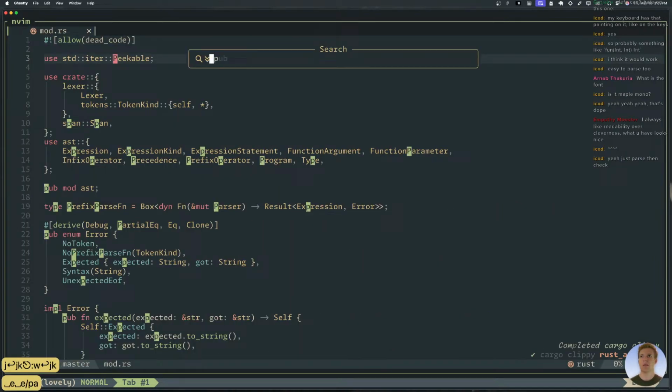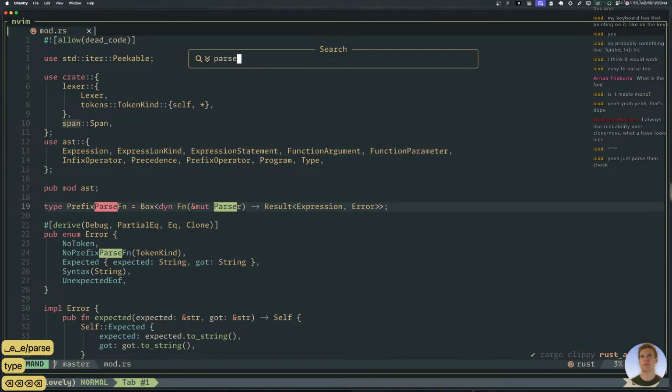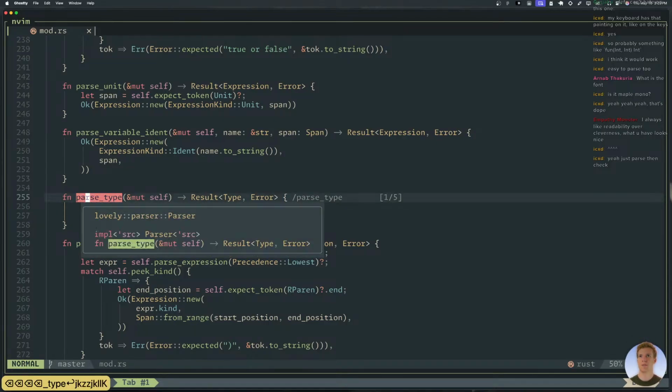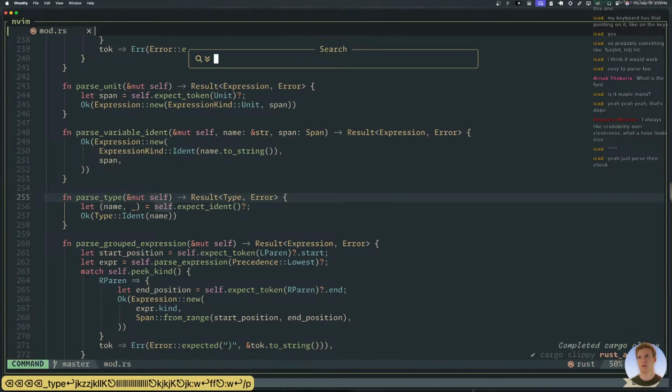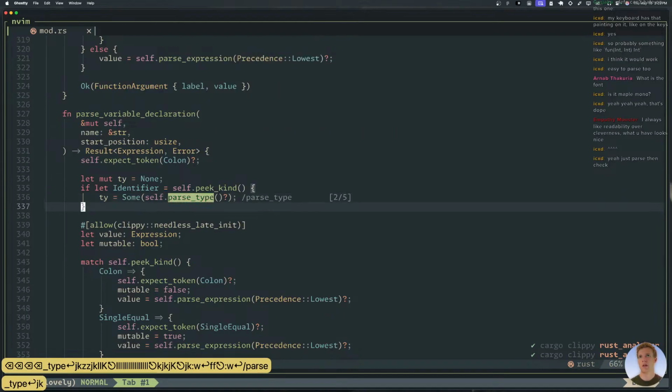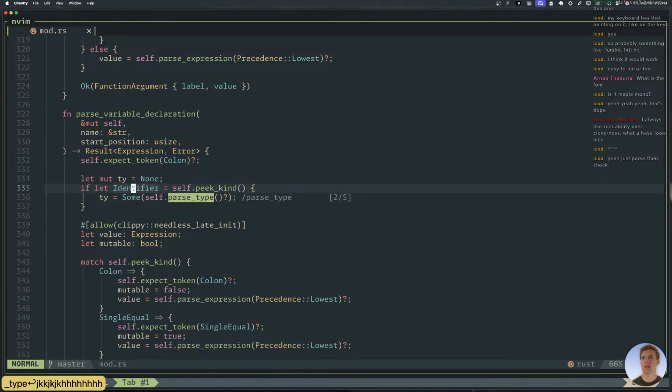All right, so do we have like a parse type? Sure enough, we do. Where are we calling this thing? Can I do this?